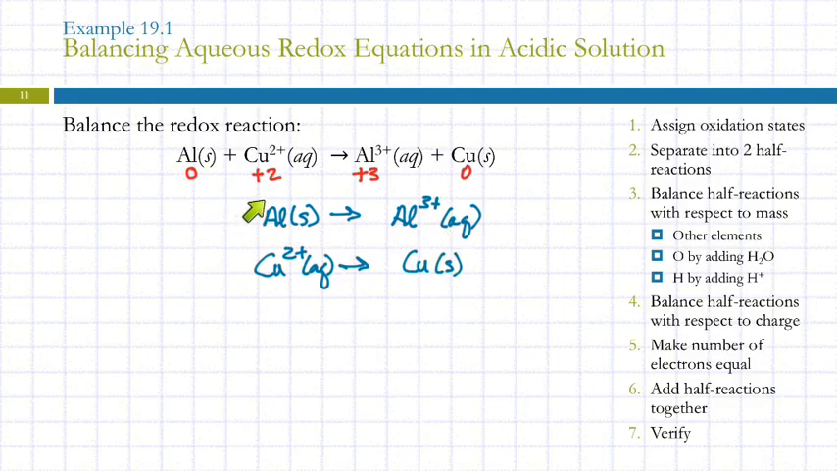This first half reaction, on the left there's 0 charge, and on the right there's a +3 charge. So we're going to make the two sides equal in charge by adding electrons. So how many electrons do I need? 3. And I'm going to put them over here, because then the 3 negative charges and the 3 positive charges add up to equal 0, which is on the other side. In this reaction, I'm going to put my electrons on the left side,